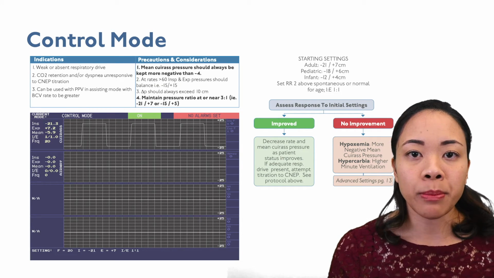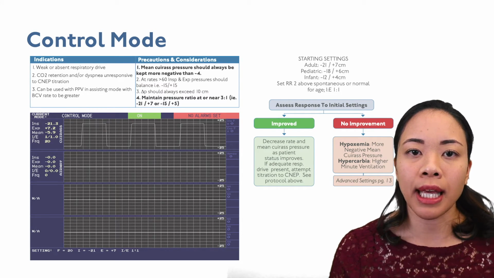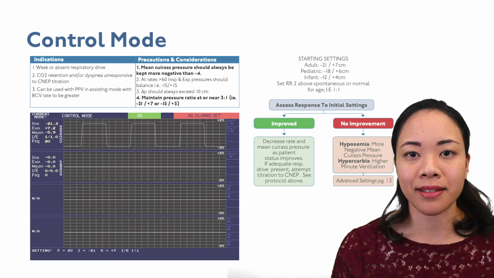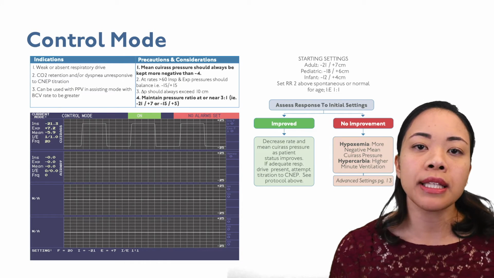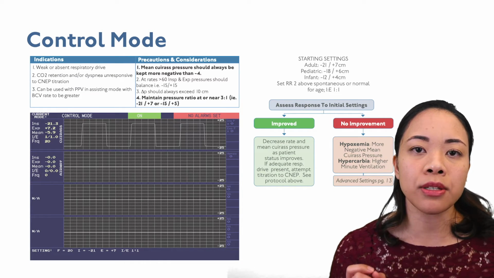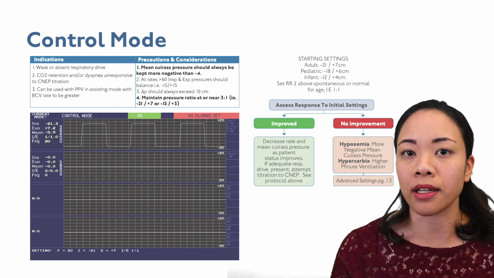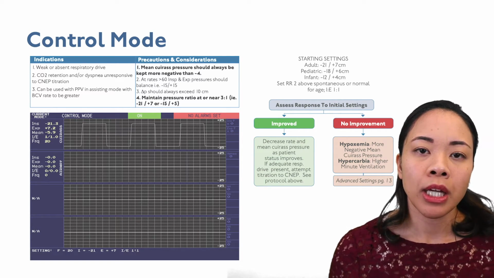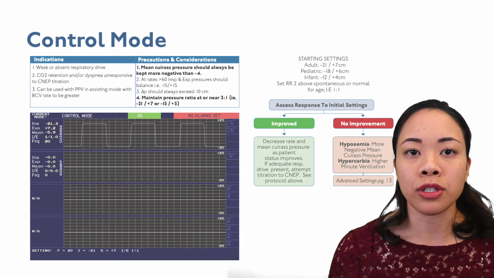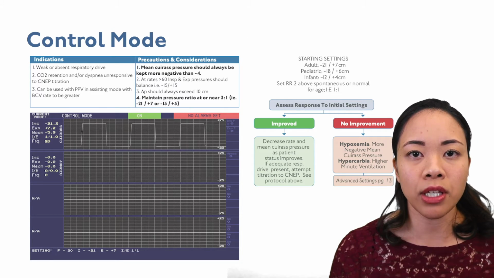We could add supplemental oxygen, such as a high-flow nasal cannula, or adjust the settings. How so? Let's take a look at the algorithm. It reads that for hypoxemia, we need to make the mean Cuirass pressure more negative. So if they had a mean Cuirass pressure of -5.9, we may increase our inspiratory pressure to -24, +7, or